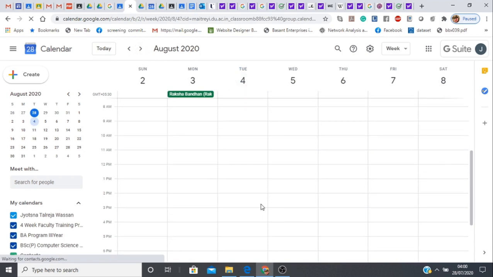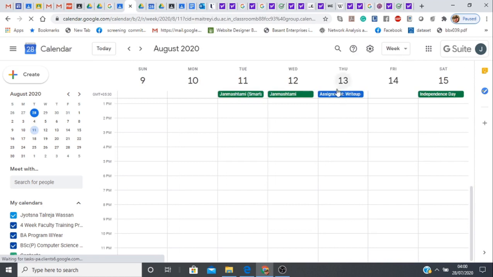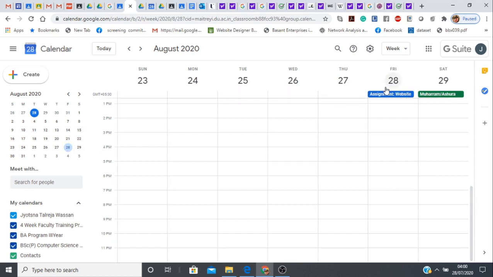This is the calendar of August, and for the assignment on write-up, we gave the deadline of 13th of August. So it is showing here the assignment on write-up is due on 13th of August in my Google Calendar, as well as the assignment on website development due on 28th of August.